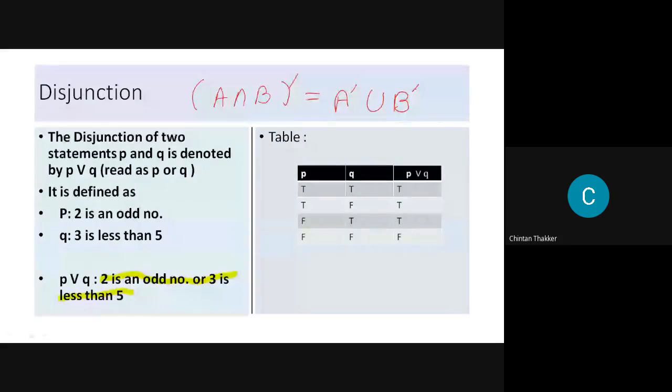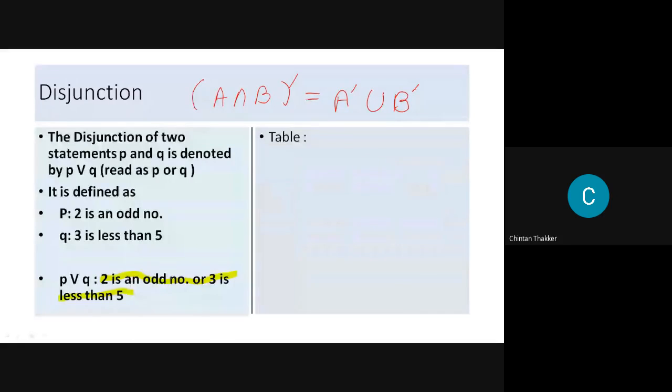Same thing here: the negation of OR is AND and the negation of AND is OR.